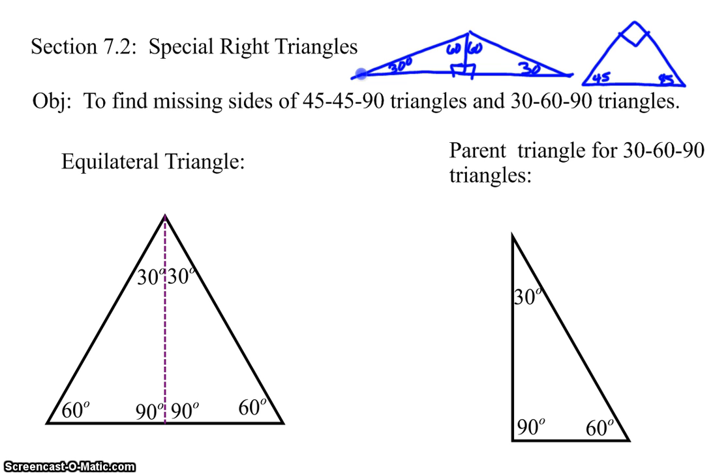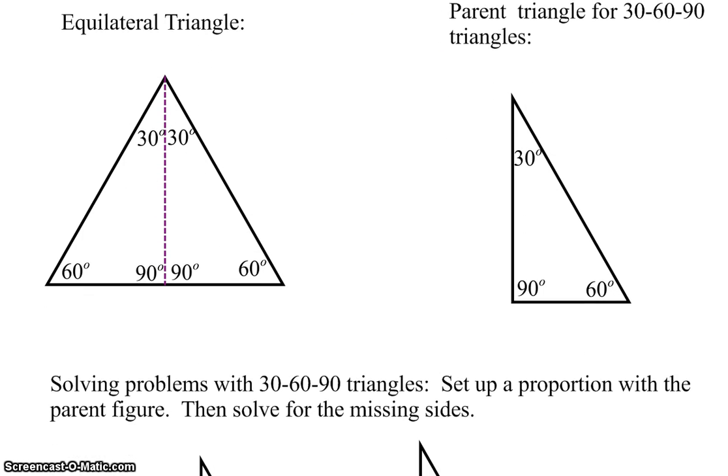We're going to start with the 30-60-90 triangle. It's helpful to know where the parent triangle comes from when we work with these. So we're going to start with an equilateral triangle. Now we remember from earlier that an equilateral triangle has three 60-degree angles in it, and if we take one